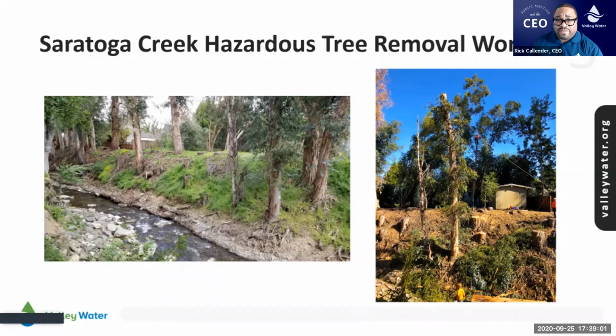This year's activities have concluded with 54 hazardous eucalyptus trees removed as part of the first phase of what's going to ultimately be a 3-year project. These trees are a fire and safety hazard due to their large size. And many of you know how the drought helped to basically bring some of our trees into disrepair. These trees are also suffering from that. This project's next phase will resume late next summer and will conclude with the final phase in the late summer of 2022. Let's go ahead and move over to Calabasas Creek